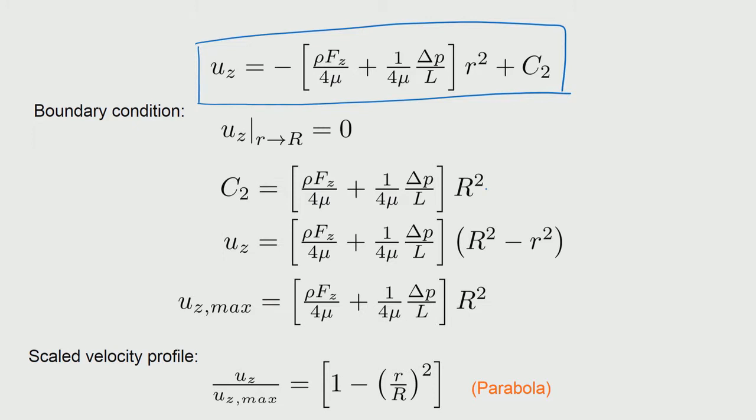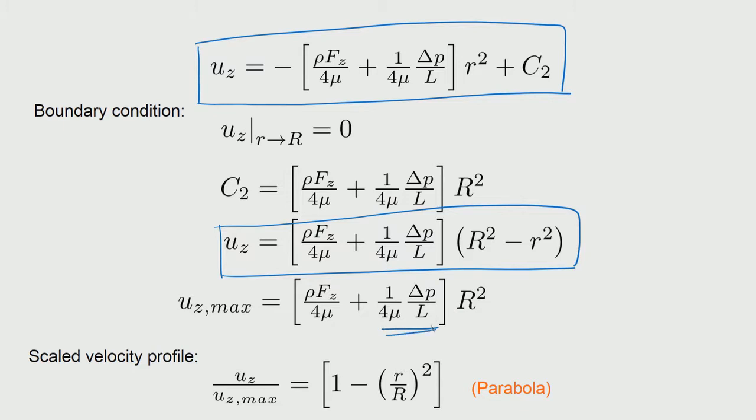So, the C2 is then determined here, and when you substitute you get the functional form of the velocity, which appears to be like a parabola, because you already see that there is an r square variation coming in. And what would be the maximum velocity? When you substitute r is equal to 0, you get the maximum velocity. Which means that let us say you have got only one of the variations, because of only pressure drop.